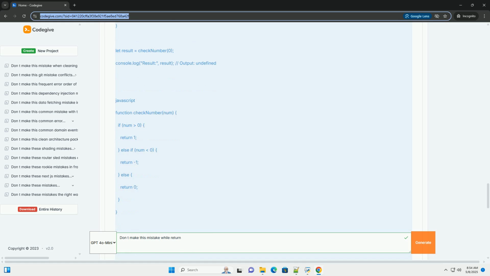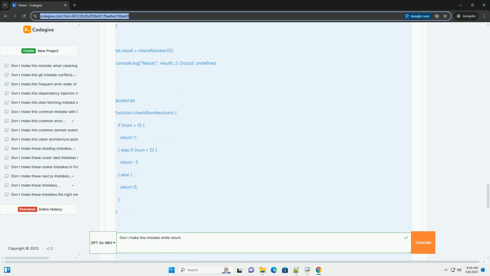Fix. In summary, always carefully consider all possible paths through your functions and ensure that each one ends with a return statement, if the function is supposed to return a value. Take compiler warnings seriously, write thorough tests, and use code reviews or static analysis to catch these subtle but potentially